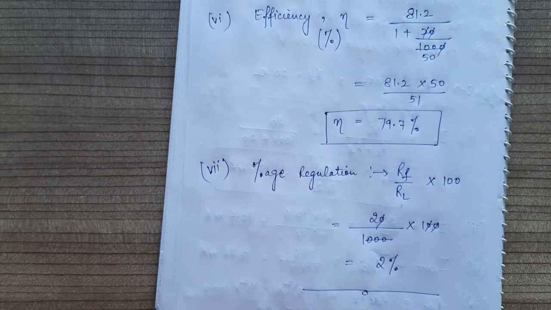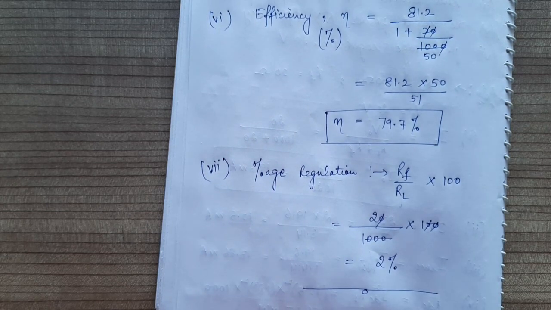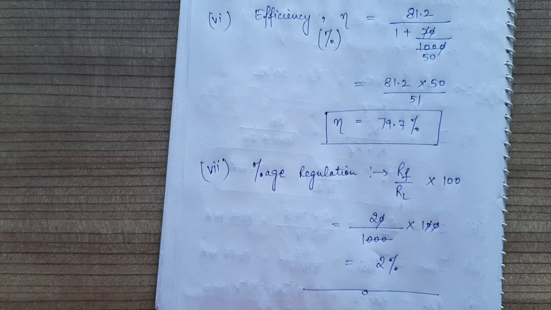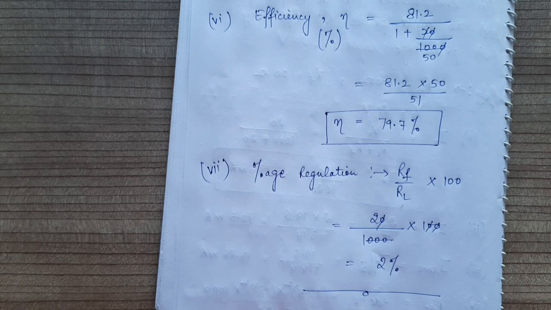So this is all about the full wave rectifier. In the next lecture we will discuss the bridge wave rectifier and how all three rectifiers differ from each other: half wave rectifier, full wave rectifier and bridge rectifier. How the three rectifiers differ from each other, what are the advantages of these rectifiers and what are their disadvantages. All these we'll discuss in the next lecture.